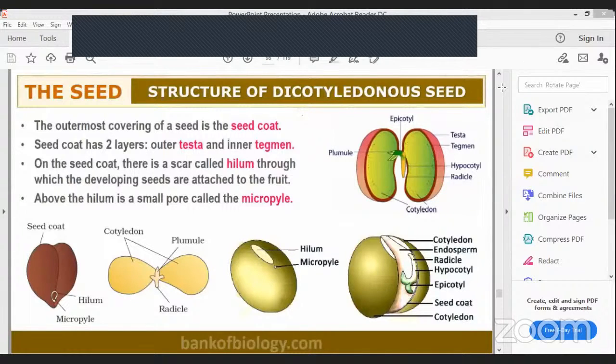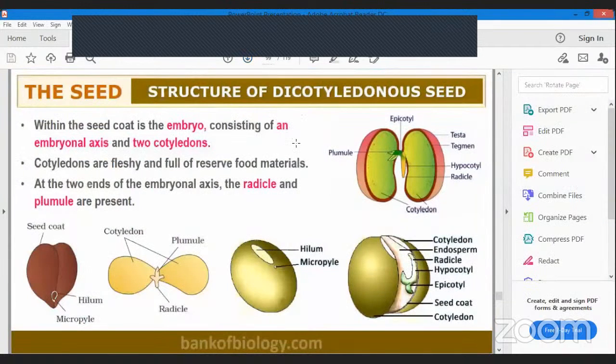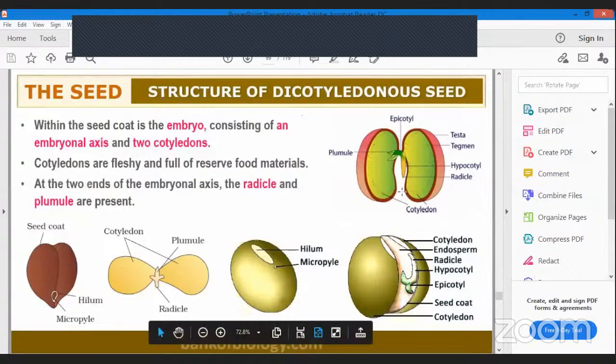Done. So now we go to the next part. The seed consists of an embryo with an embryonal axis and two cotyledons. So you have an embryonal axis which will divide the seed into two parts like this. The embryonal axis will divide it into epicotyl and hypocotyl. The one above the embryonal axis is called the epicotyl, the one below it is the